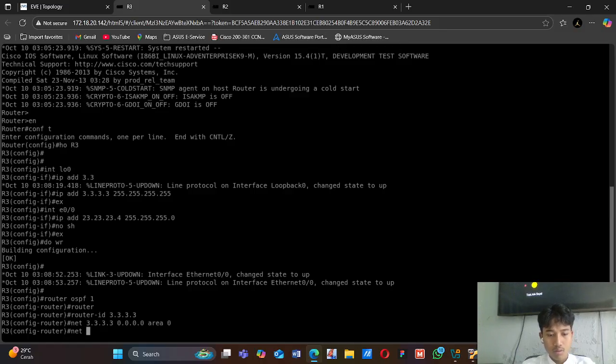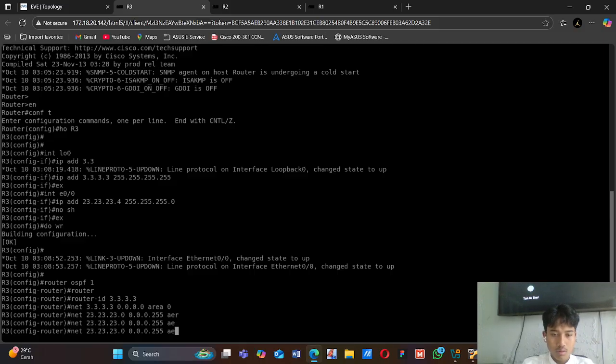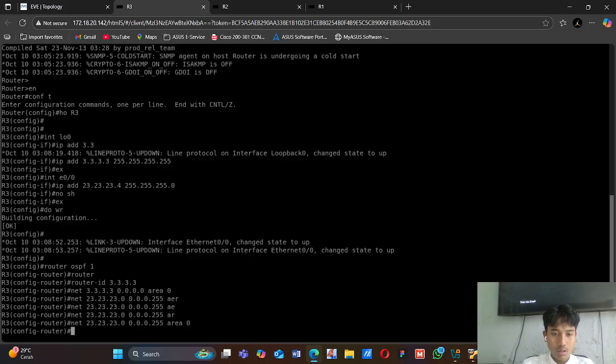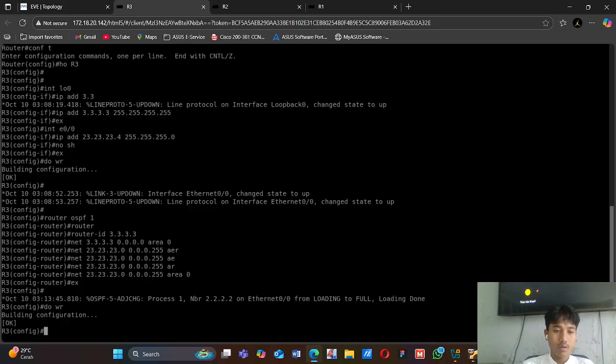Network 3.3.3.2. Okay, we have already configured it, and then exit and do write. This is the log message that router 3 is already connected, or has formed an adjacency, with router 2.